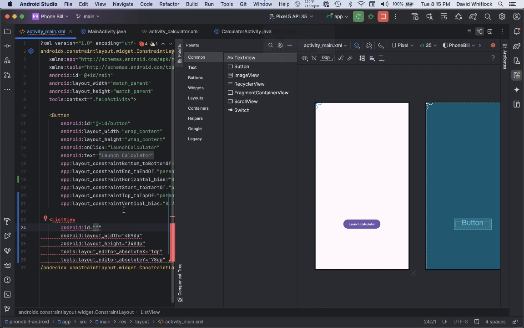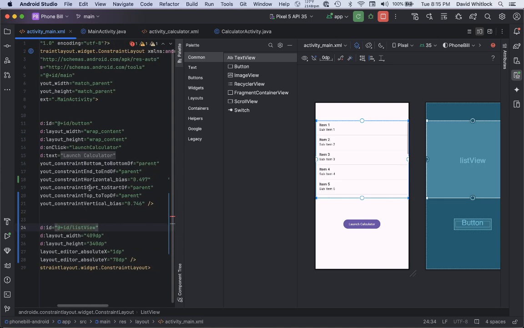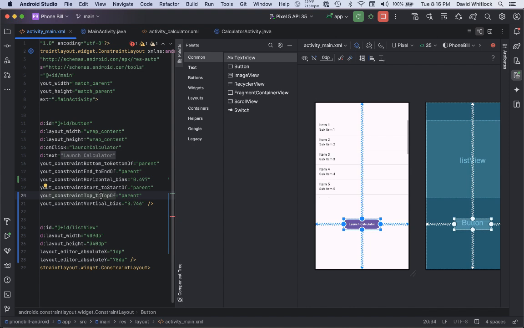Okay, we are going to assign an ID to this. So we'll just call it, I don't know, at plus ID slash list view, whatever. And then the button, constrain top to bottom of,